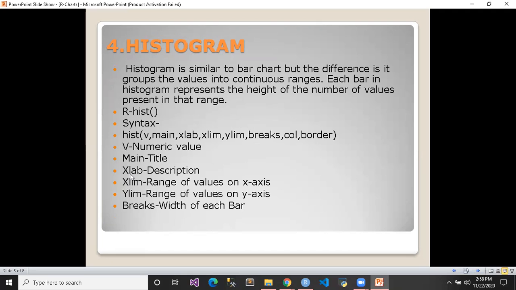Then next is xlab. If we have to give the description about the labels, then we can use xlab. Next is xlim. Xlim is the x limits, the range of values on the x-axis. If we have to give the limits for the x-axis and y-axis, then we can use xlim and ylim. Next is breaks. It shows the width of each bar.